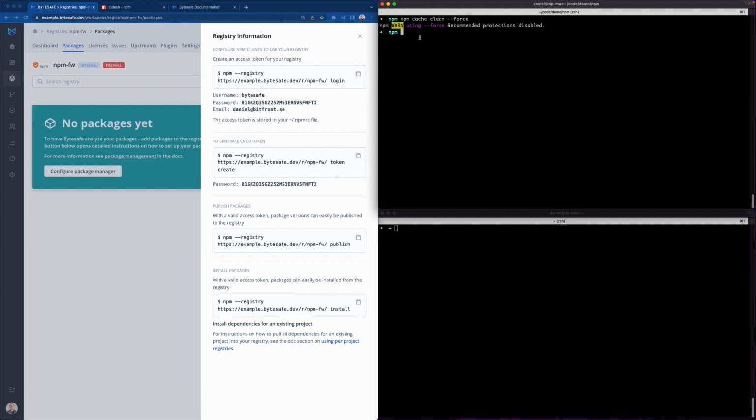So first thing that I'll do here is to log into this Bytesafe registry. And what this does is store an authentication token in the npm configuration file called npmrc. The username is Bytesafe, and then we have this temporary password. We'll add that, and the email address. I successfully logged into Bytesafe,